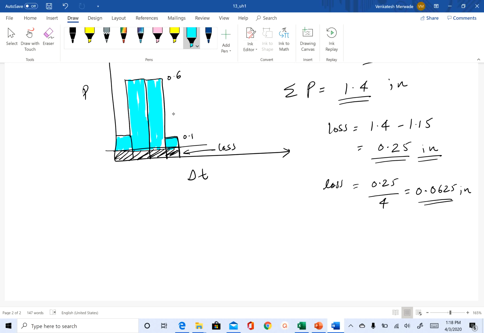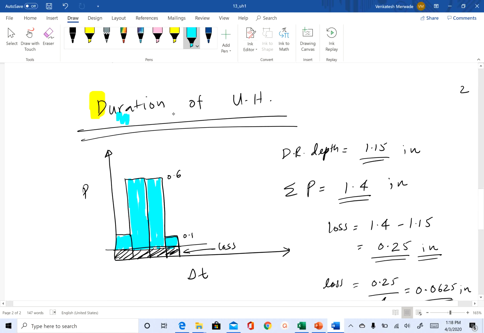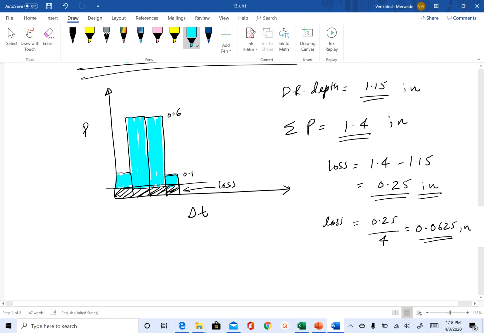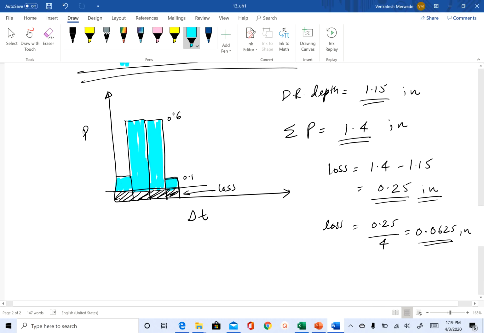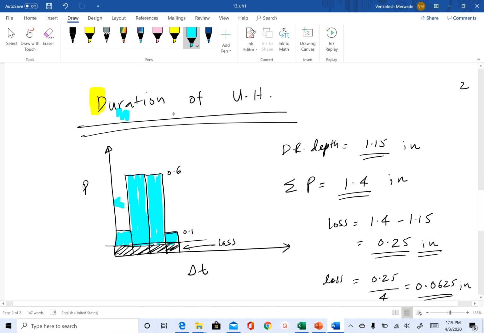Okay, now again going back to this assumption that all the rainfall should be uniformly distributed. In this case, as I said, this is an actual event, so we are doing our best. Even though it is not uniformly distributed across all the time steps, sometimes you don't get that ideal rainfall event. So you can see the excess rainfall lasted for 2 hours, so the duration, and that 2 hours is basically the number of pulses that you have in your